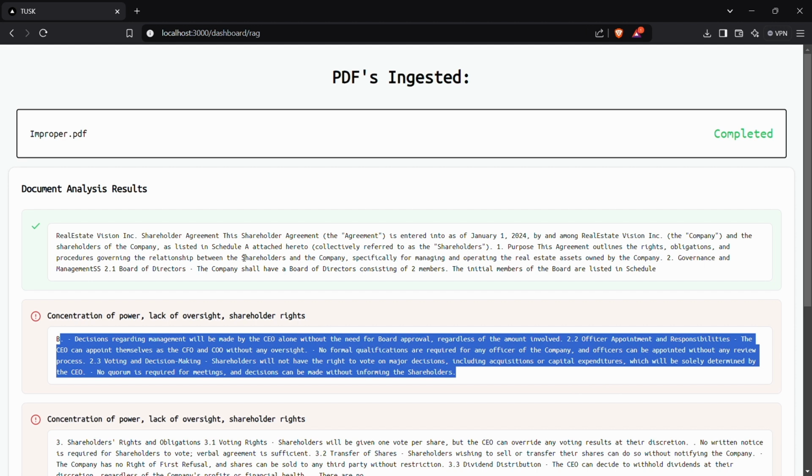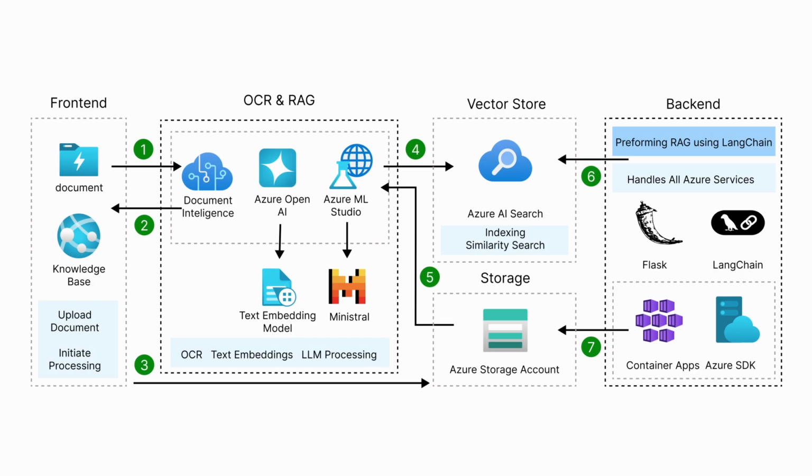So this is how TUSK actually works. Let's move on to the architecture part now. This image basically sums up the entire architecture of our application. The entire implementation is based upon Azure services, and if it wasn't for Azure services, the implementation would have been really difficult. We wouldn't have even gotten through half of the development without Azure services, if I could say. Okay, so first of all, the documents which are uploaded by the users are analyzed